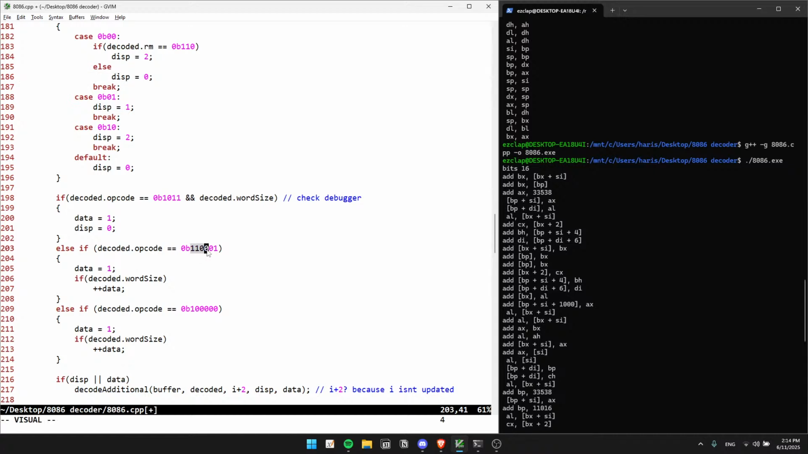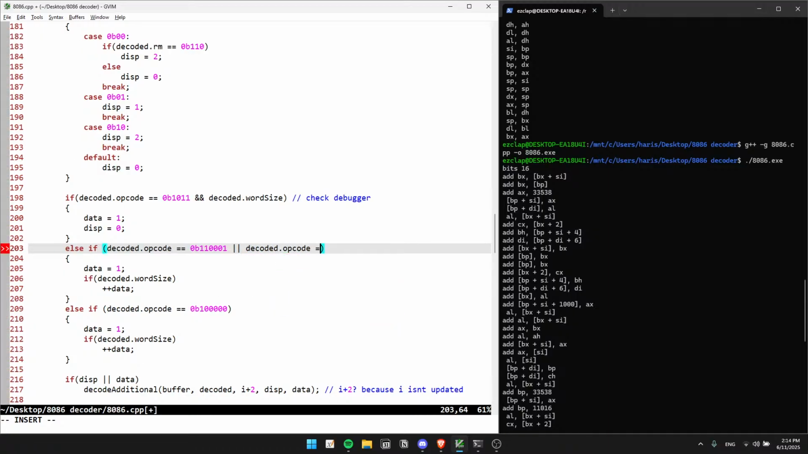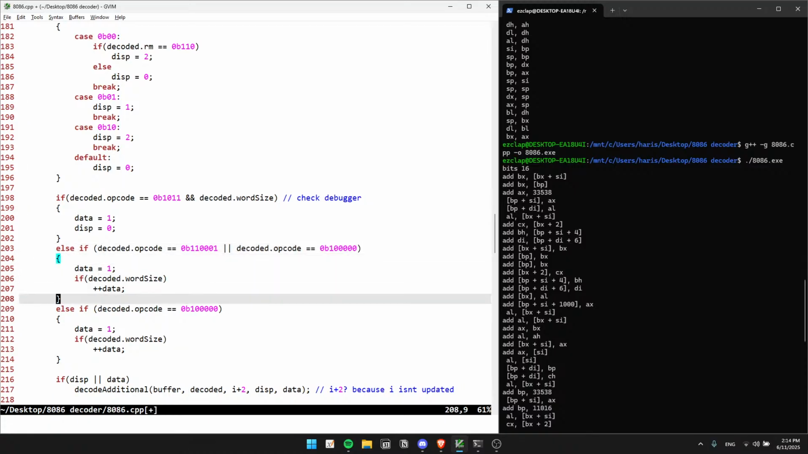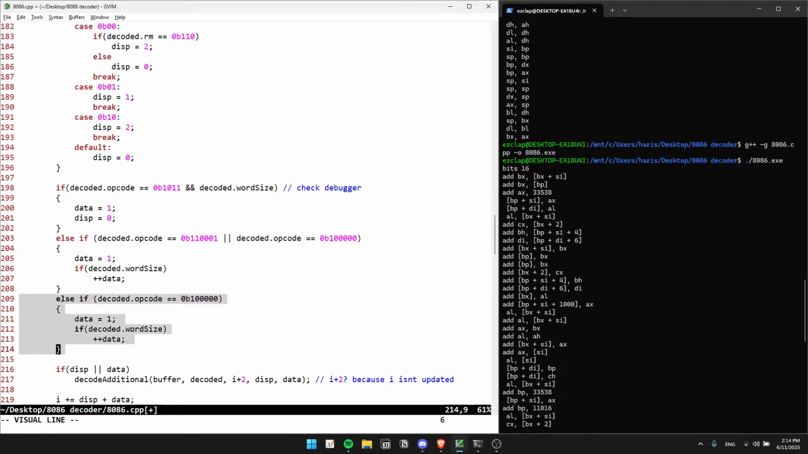If the opcode is this, which is what we were targeting, so this is the immediate to register/memory for move instruction, 110001. Yeah, okay. And that's the same thing over here. So else if it's this, I guess it's or. Just to make it clear, just do that. I don't know why I did that. Anyways,